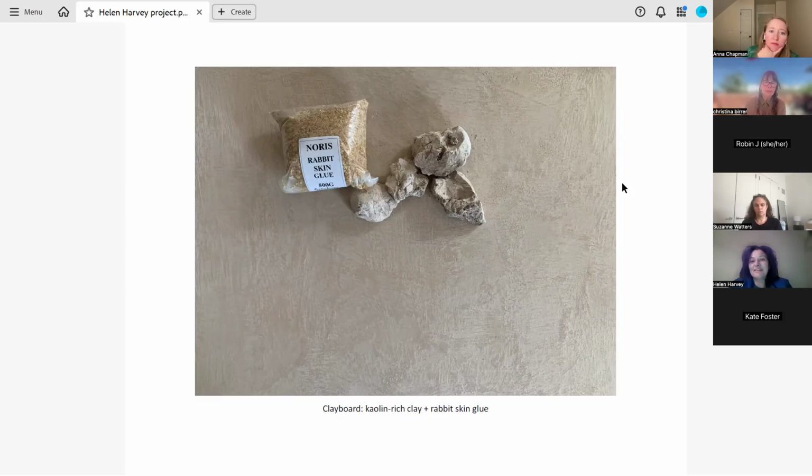So I'd collected this beautiful clay, which is near a white clay mine, and made paint with the rabbit skin glue, which I rehydrated, and I put many layers on board.